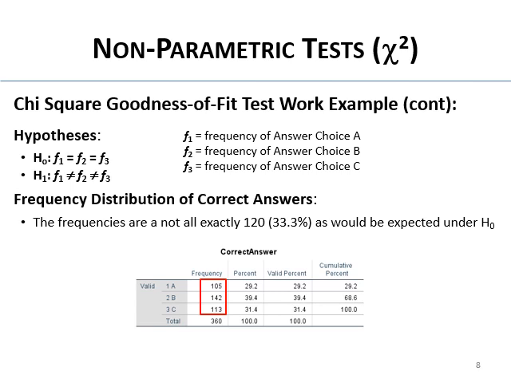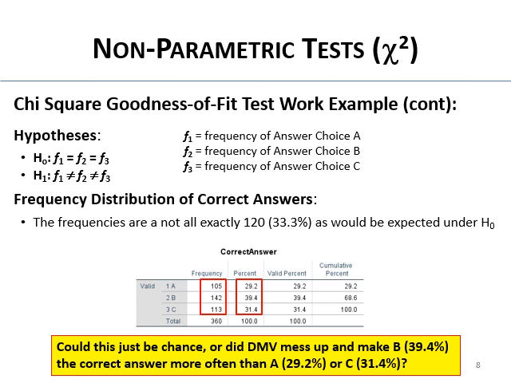And the frequencies are not all 120, with 33%, as would be expected if the null hypothesis were true, that the frequencies were all equal. So even when you randomly do things, they differ by chance. You learned that earlier in the semester. So are these differences from 120 big enough that there's no way they're just a chance